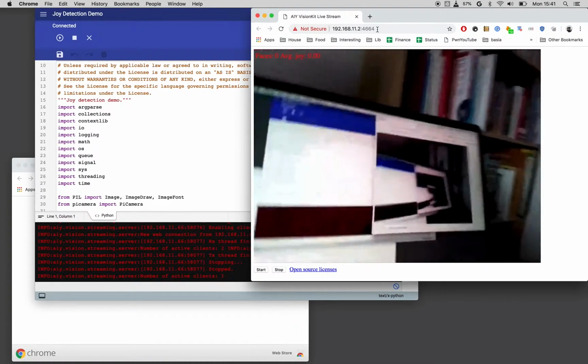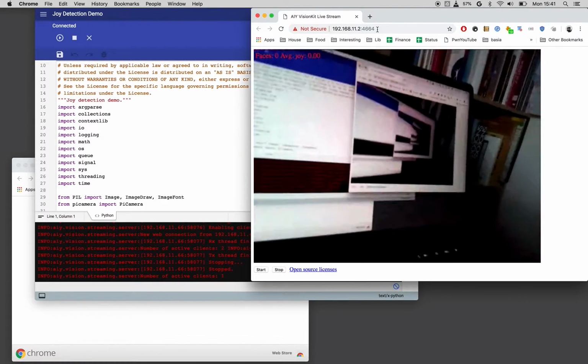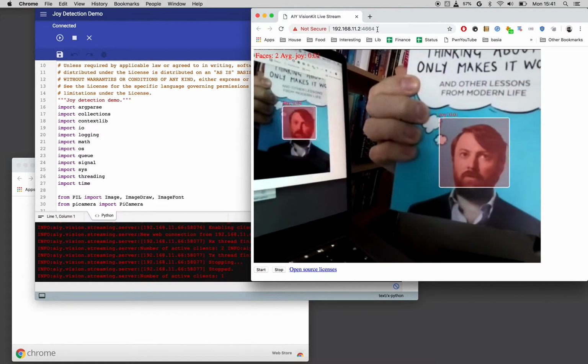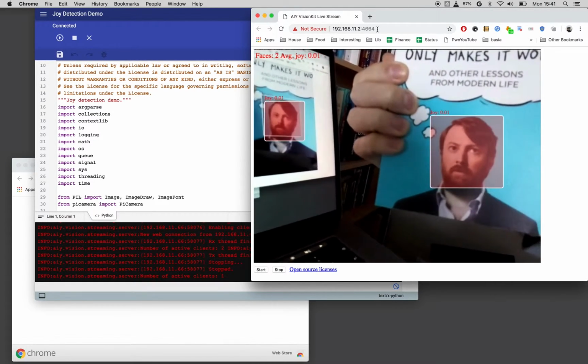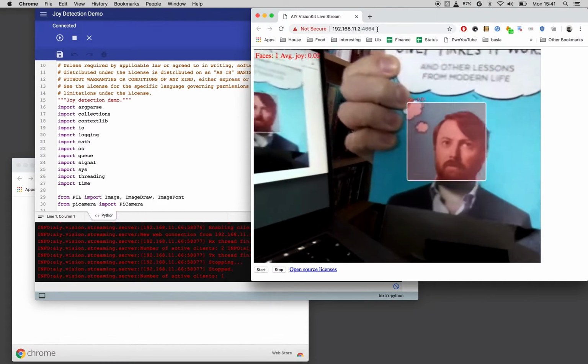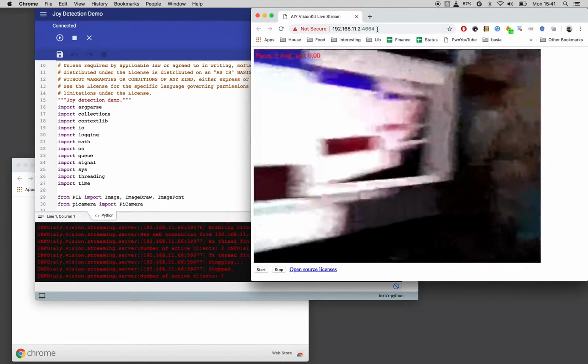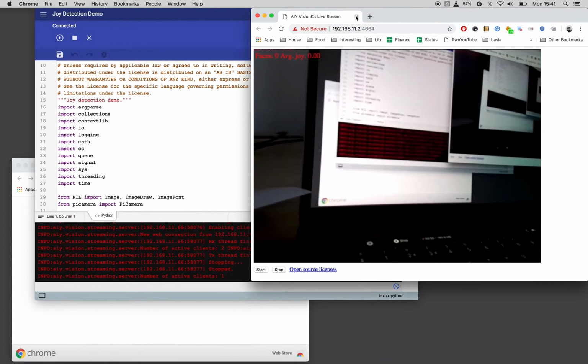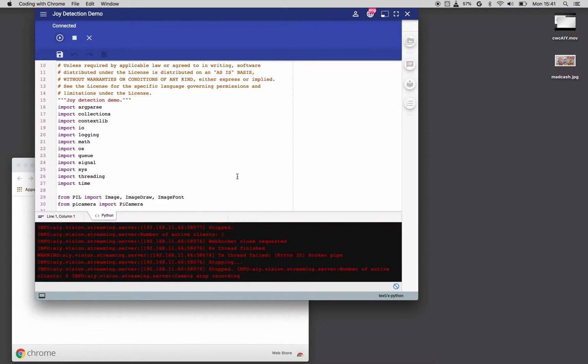So this is what it currently sees, very nicely 3D. And I think it detects David Mitchell, and he doesn't seem to be smiling a lot. Joy 001. But as you can see, it updates reasonably quickly. And that's it for